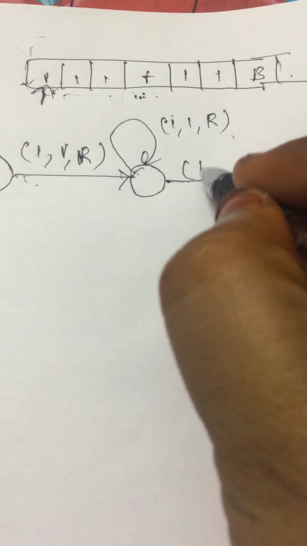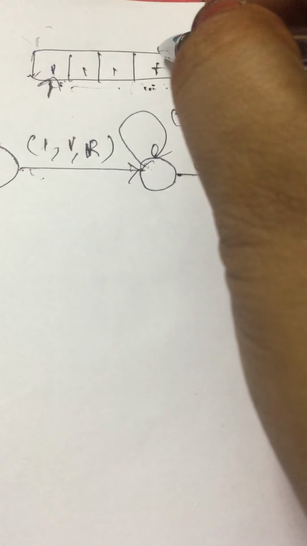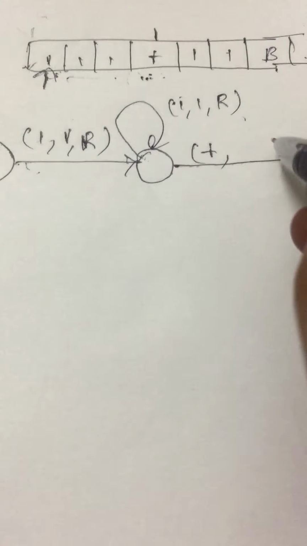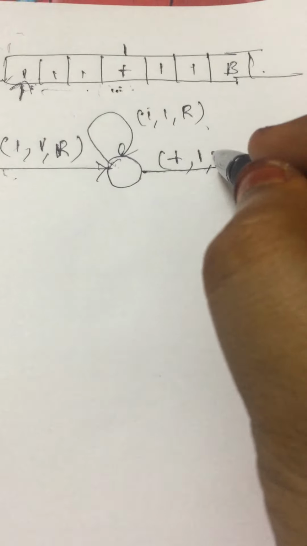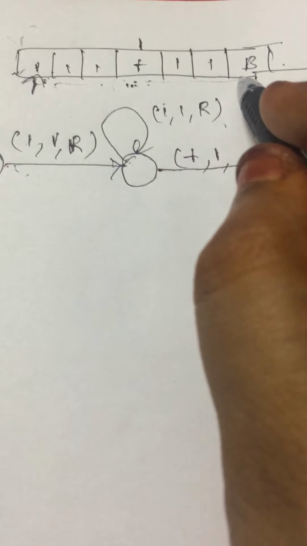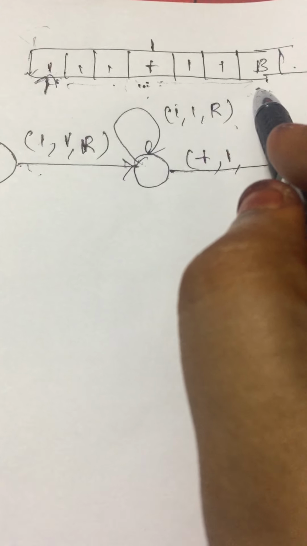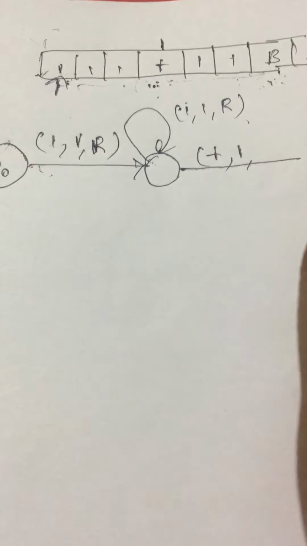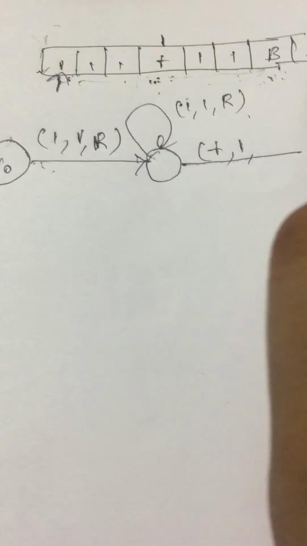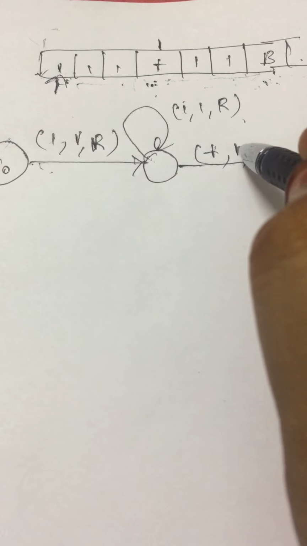As the symbol is changing from 1 to plus, we need to show a change in state also. So see how we are showing the change in state. Now this plus symbol will be replaced by 1. In which direction do we need to move now? In the right direction, in search of what? In search of the blank symbol. Why should we reach the blank symbol? Because the 1 before the blank symbol has to be reduced to blank symbol now. For that reason we are moving to the right direction. So this plus will be converted to 1.